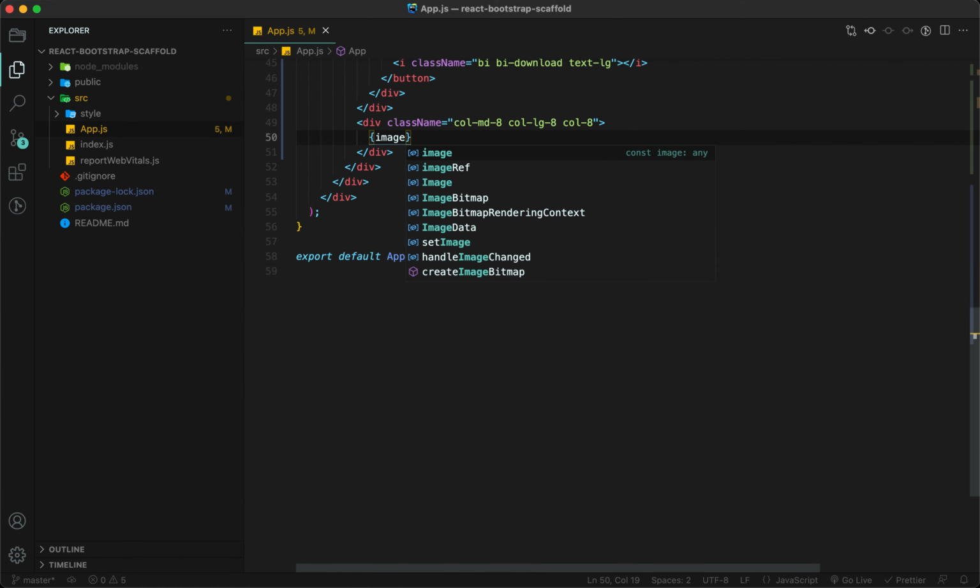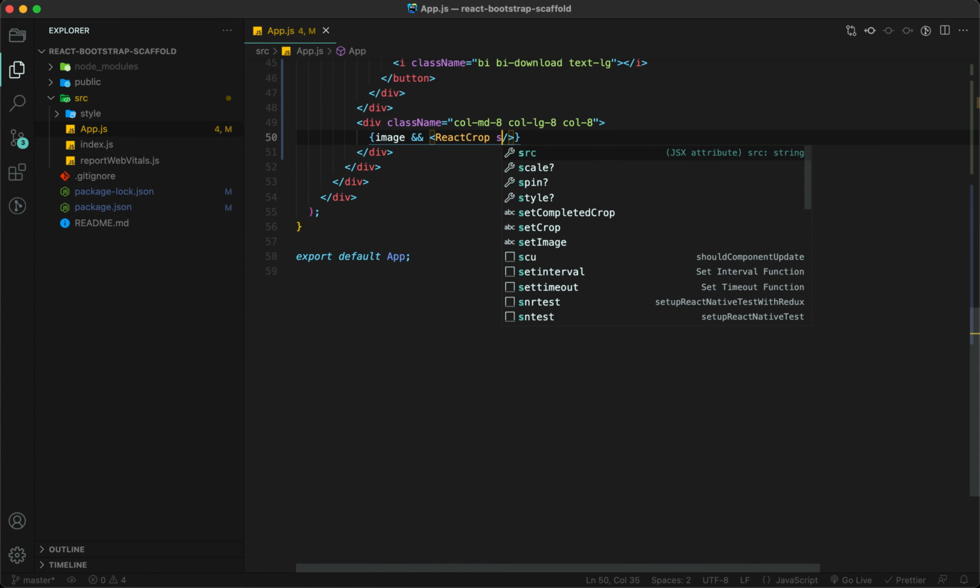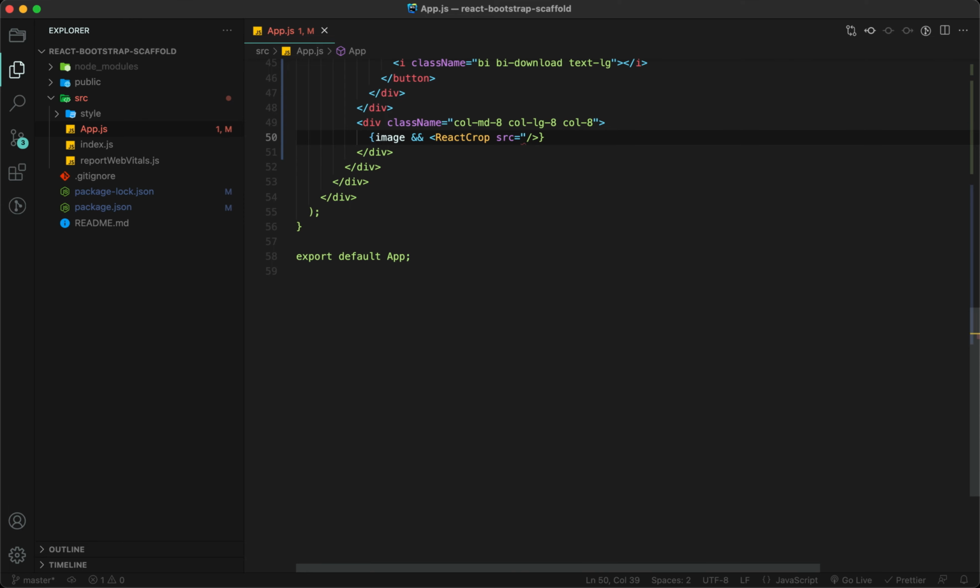If we have an image, then I'm going to call this ReactCrop. I'm going to pass src, and that source will be our image itself.